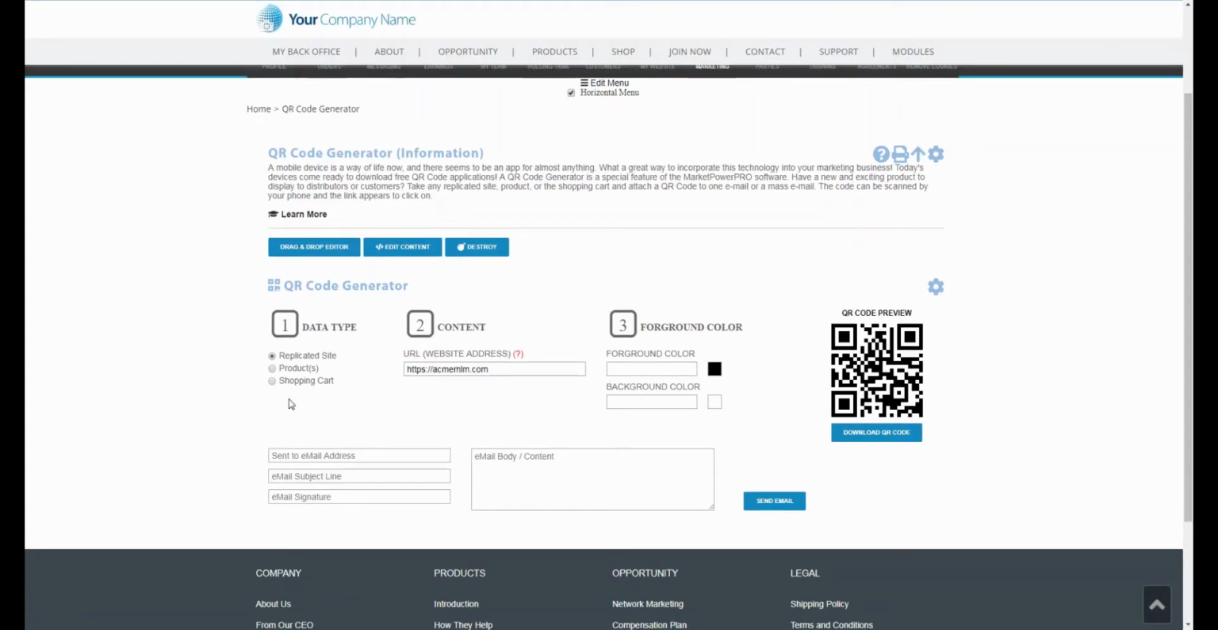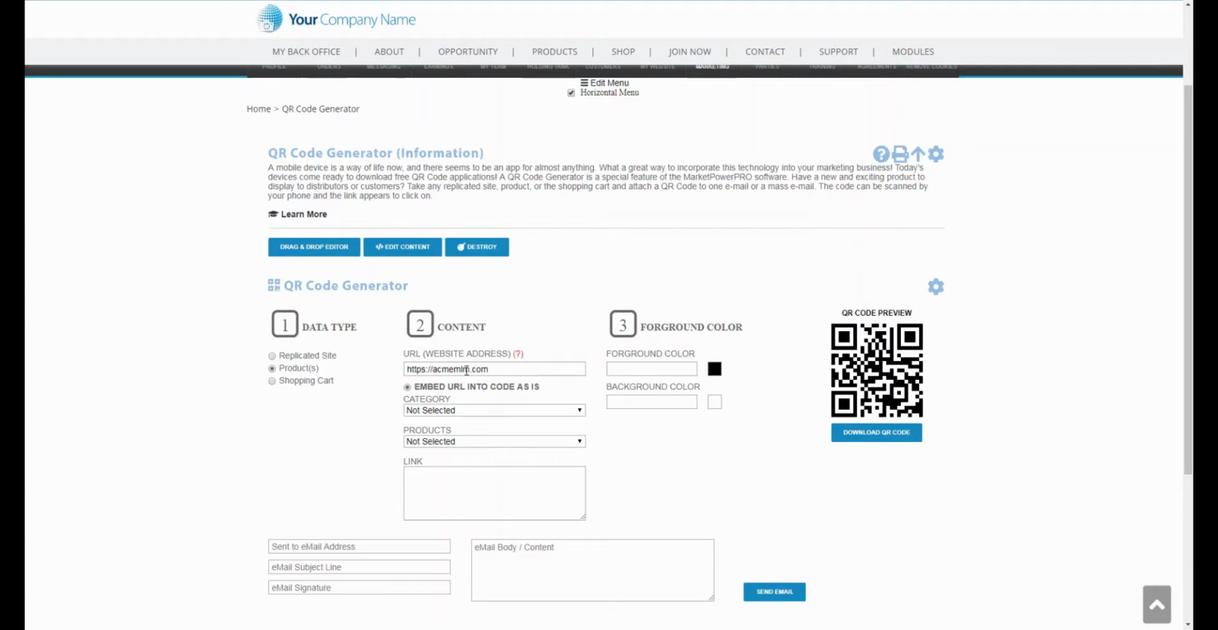you would notice that there are three options to choose from for you to use the QR code. Under data type, there's replicated site, wherein you'll be able to use the QR code here on the right. Once you go to your replicated site, you just have to key in the link to that replicated site. Another option is for products, wherein it would go directly to a website, or